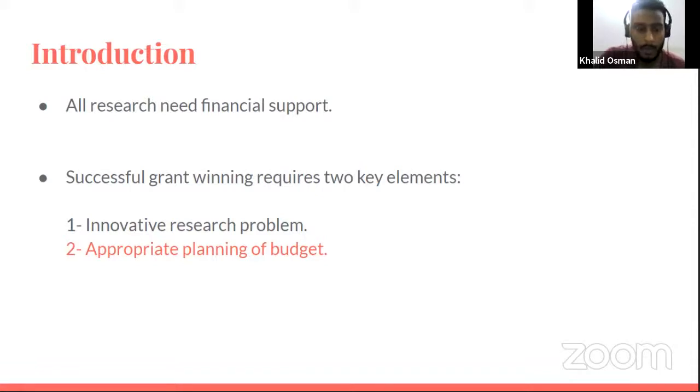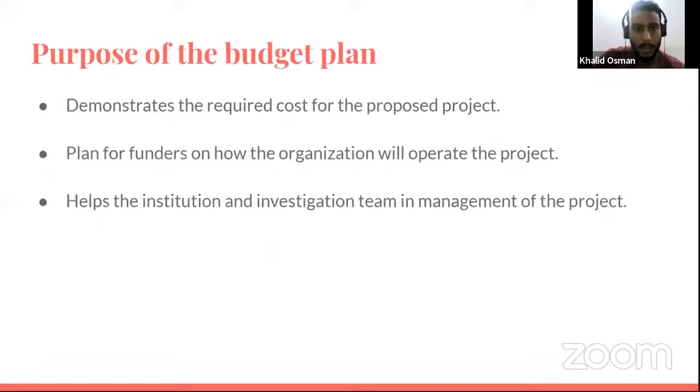So successful grant winning requires two key elements, as we have discussed in many presentations here: having an innovative research problem, and it's also equally important to have appropriate planning of your budget. So the purpose of the budget plan is to demonstrate